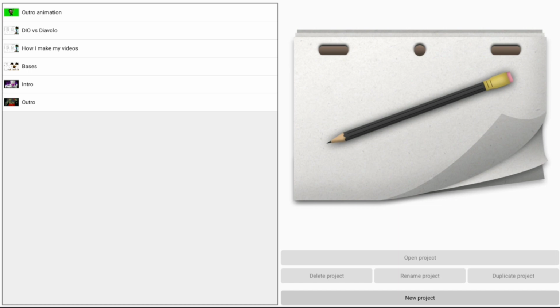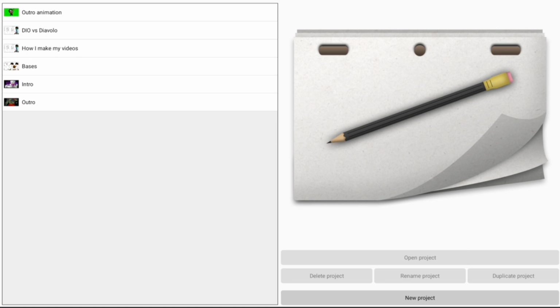So I use this software called RoughAnimator, and I think when I got it, it was free. It might not have been, I don't know, but I think now it costs like $5 or $6 or something like that. So if you're willing to pay $5 to $6 for an animation software, I highly recommend this one, because I animate on a Chromebook. I don't have a drawing tablet or anything. I just animate on my Chromebook. So I highly recommend RoughAnimator.